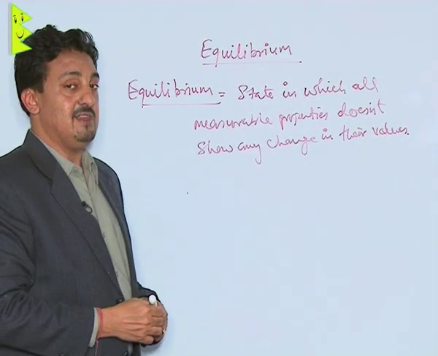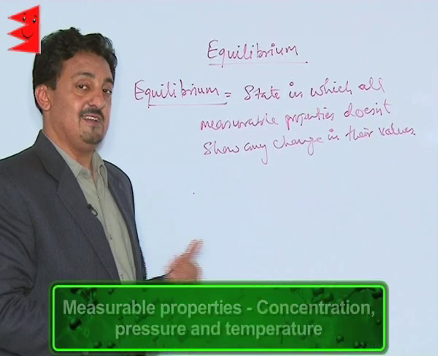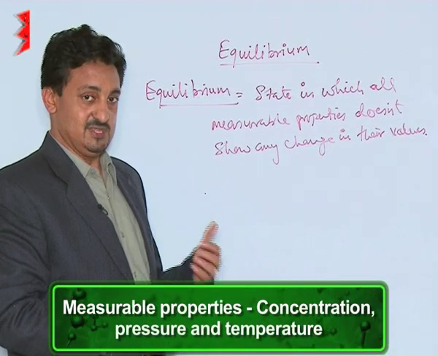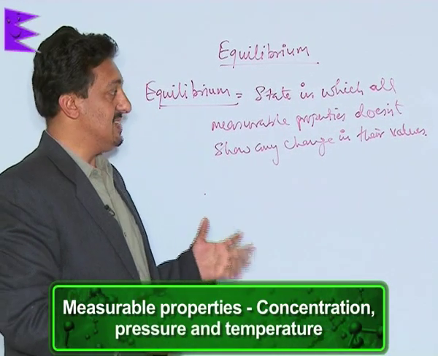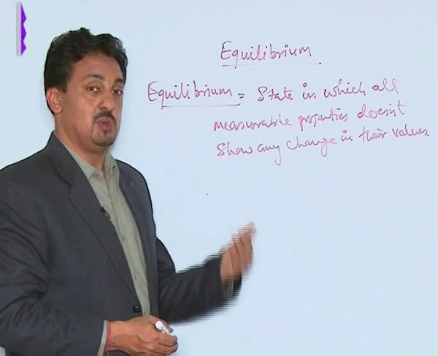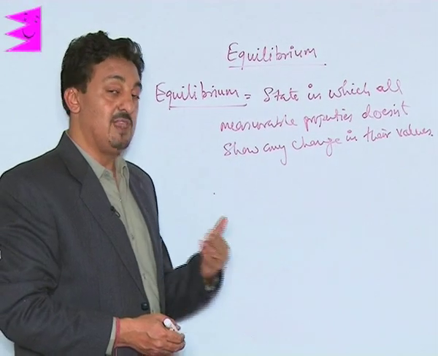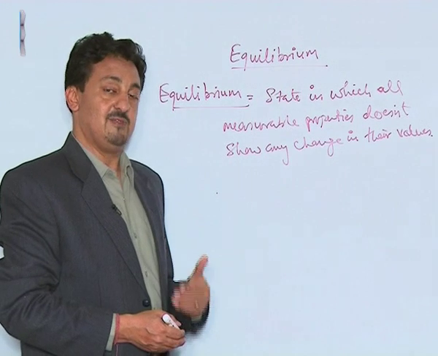Measurable properties here means the properties like concentration, pressure and temperature. This state, since these properties are not showing any change, appears to be static, but it is very much